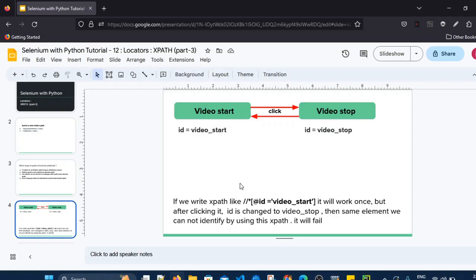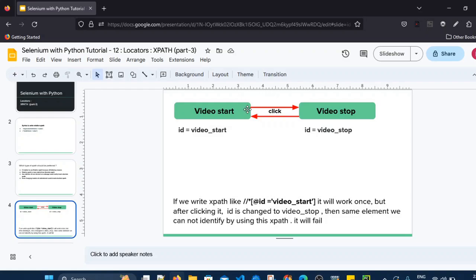But when I again want to click that button in the script and use the same XPath, it will fail, because the ID has changed from video_start to video_stop. Though the element is the same, its ID got changed dynamically, so it cannot be identified using that XPath. It will fail.